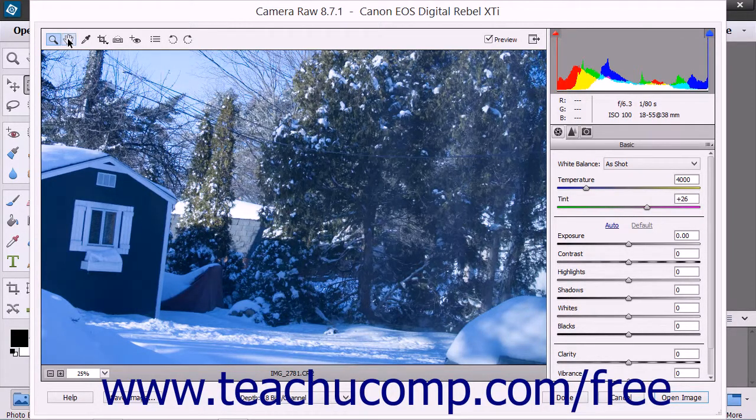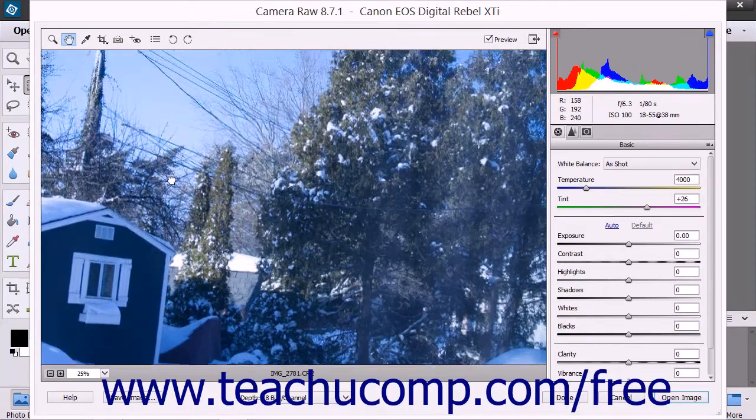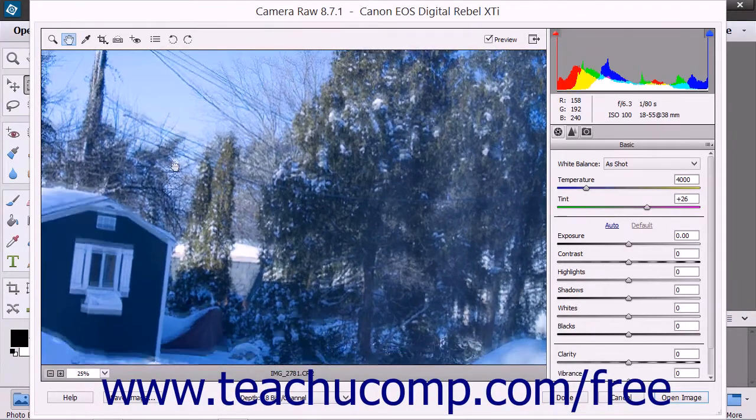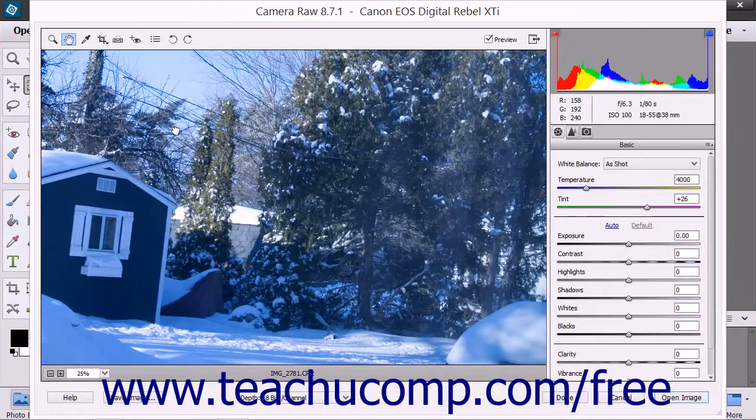You can click the Hand tool button to switch to using the Hand tool by default. The Hand tool is used to scroll and pan the preview image when the magnification level is high enough that you cannot see the entire preview image within the frame provided. You can simply click and drag the preview image when using the Hand tool to move the preview image within